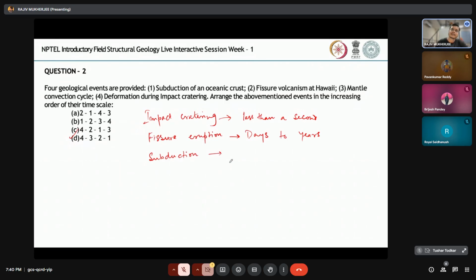Subduction is a process from start to finish. It easily takes more than 10 to 15 million years, right? So the time scale of a subduction of an oceanic lithosphere is around 180 million years. You should know that the youngest oceanic crust that we see in the mid-oceanic ridges is just days or 2 years old, and